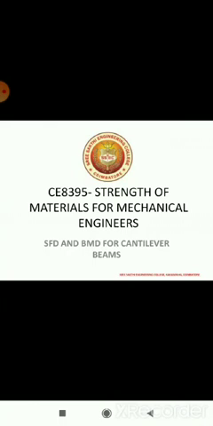Today in this video presentation I am going to discuss the shear force diagram and bending moment diagram for a cantilever beam. First, what is a cantilever beam? It is a beam with one end fixed and the other end free. Application of cantilever beams: cantilevers are widely found in construction, notably in bridges. Okay, let us move on to a problem.